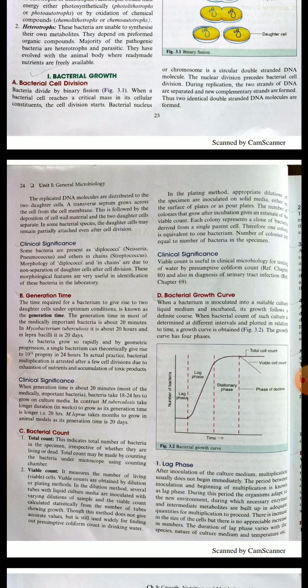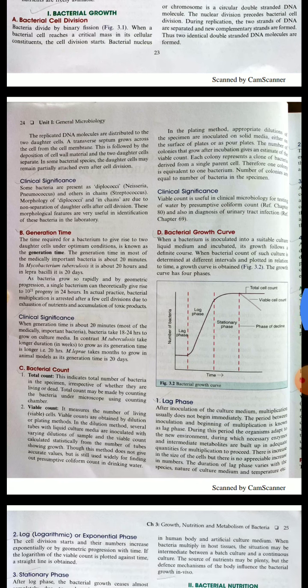The transverse septum grows across the cell from the cell membrane. This is followed by the deposition of the cell wall material and two daughter cells separate. In some bacterial species, the daughter cell may remain partially attached even after cell division. Talking about the clinical significance,